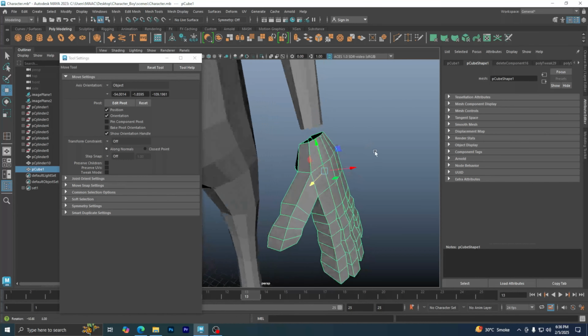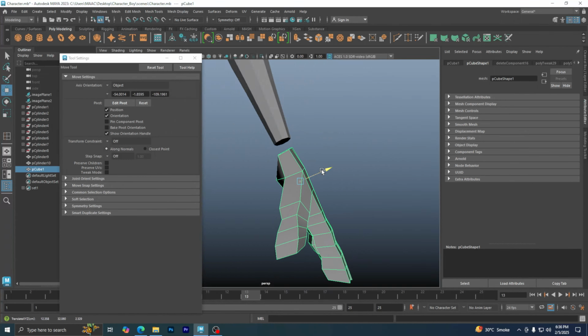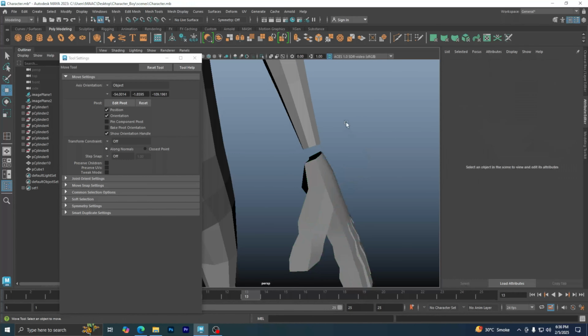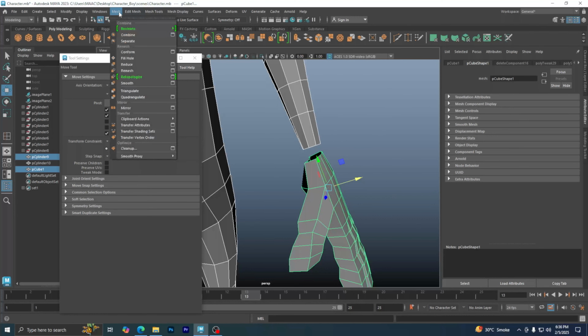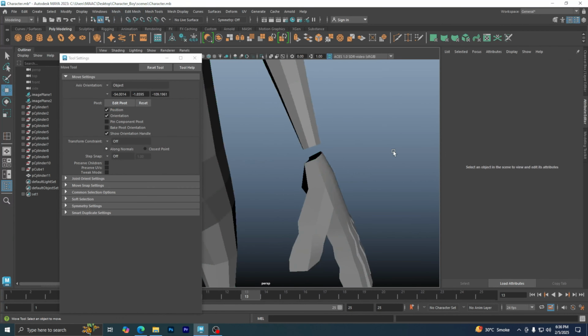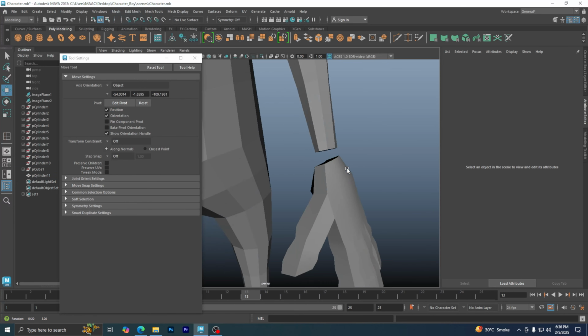Now we want to combine both the objects, so select the hand and the arm area and then hold Shift, or else come in the mesh tool and then click on combine. You can come here and click on combine, so it will combine both the objects. And then